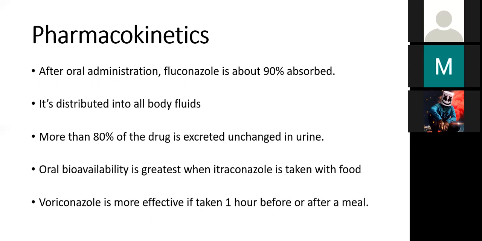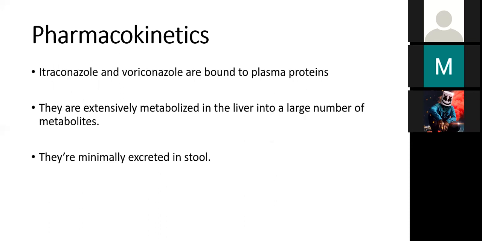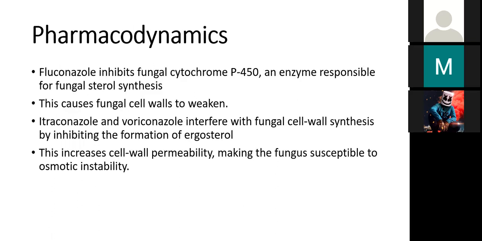Voriconazole is more effective if it's taken 1 hour before or after a meal, but that of fluconazole is best when taken with food. So they are metabolized in the liver and they are excreted in the stool. So when you look at the mechanism of action, it inhibits the cytochrome P450, which is responsible for the ergosterol synthesis in the fungi. And this causes the fungal cell walls to weaken, thereby leading to increased permeability and then osmotic instability. Because what happens is that when there's increased permeability, there's